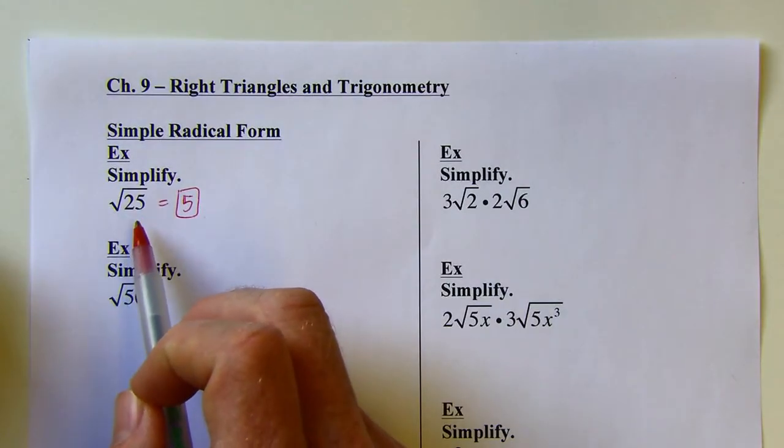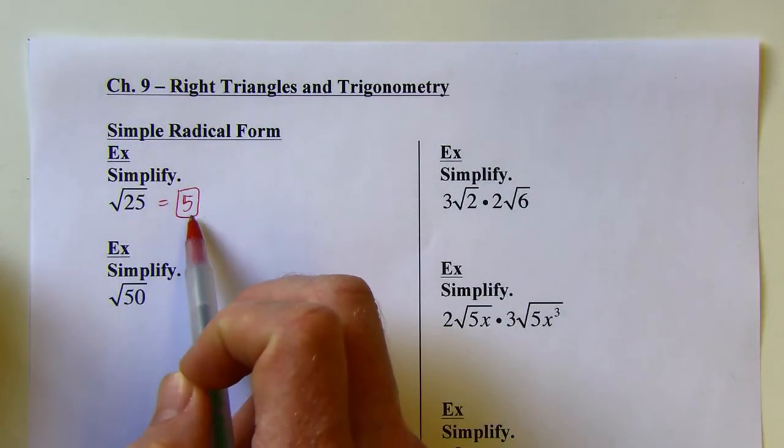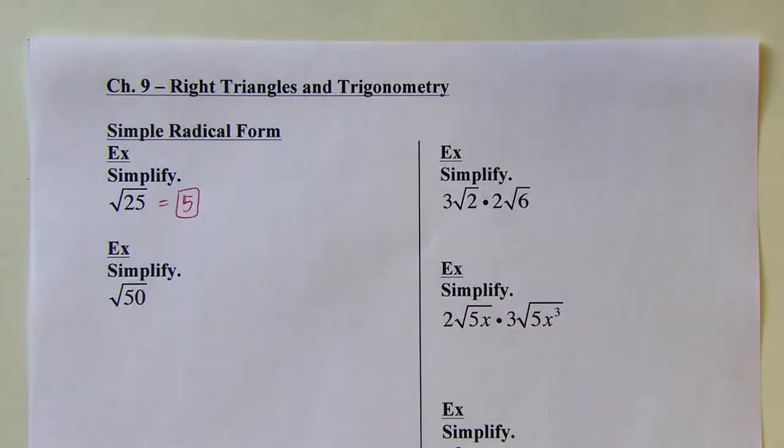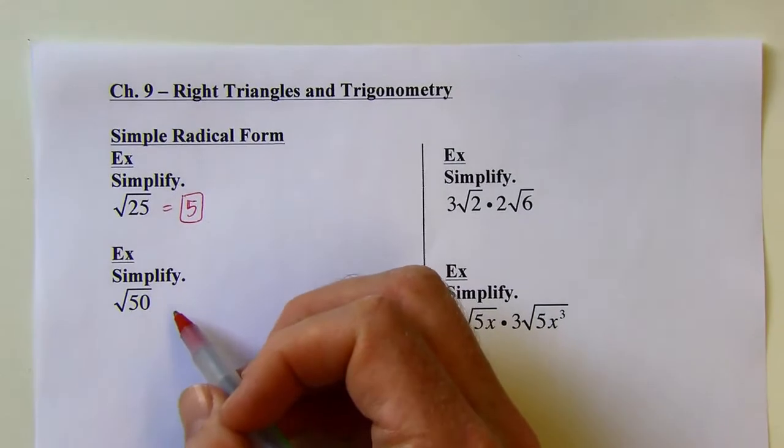So this has a positive and a negative root actually, but we're just going to list the principal root here. That's usually the way it's done when we're just simplifying an expression like this. Okay, but let's say we have the square root of 50. Now this is not a